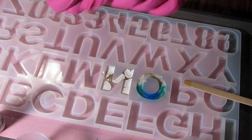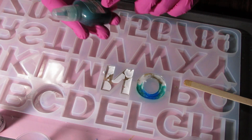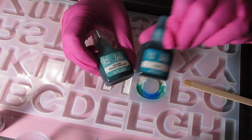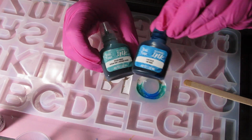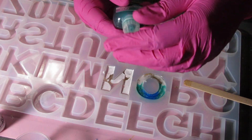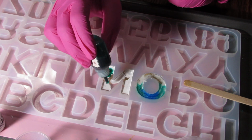I'm gonna start from white and I'm gonna go from light to dark. So I'm gonna do white and then I'm gonna do the ocean green and then I'm gonna do the turquoise and then I'm gonna go to the lake blue. And these are by Resin. So I'm just gonna go ahead